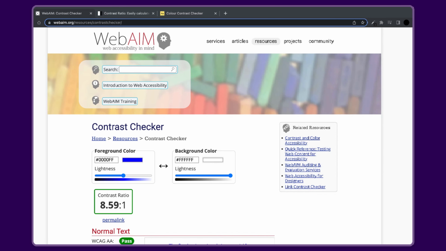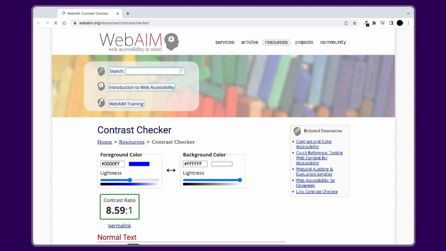There are several online tools that we can use to check the contrast ratio of text and background colors. I'd like to highlight three of them, and I'll start with the WebAIM Contrast Checker. The WebAIM Contrast Checker is a free online tool that can help to evaluate the contrast between text and its